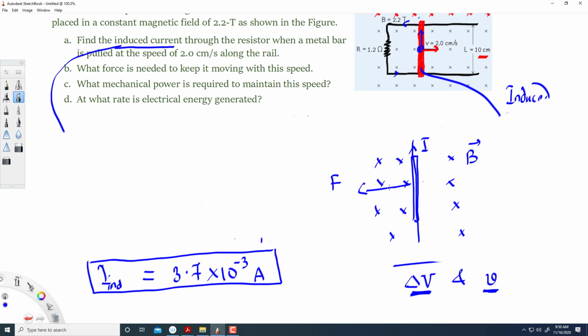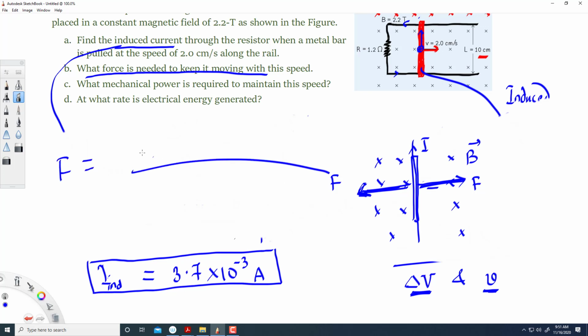Now this rod feels the force. We are moving the rod to the right, but it will feel this force. This force acts as a resistance. So to move this at constant speed, we need to overcome that force. That's what we want to find here. So what force will keep the rod in a constant speed? So in order to overcome that, we need to apply same amount of force in this direction. So this force is to overcome that force. So that's what we want to find, how much force we need to apply to overcome that force, and it is given by,